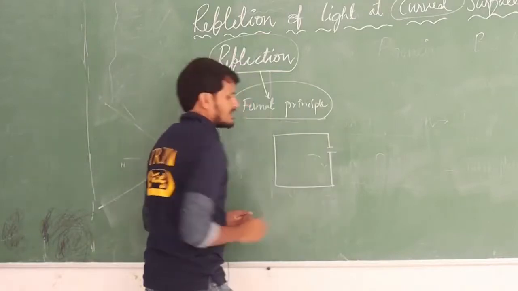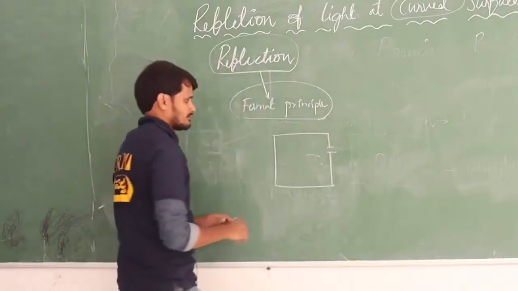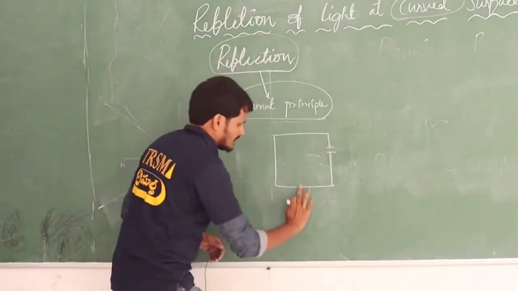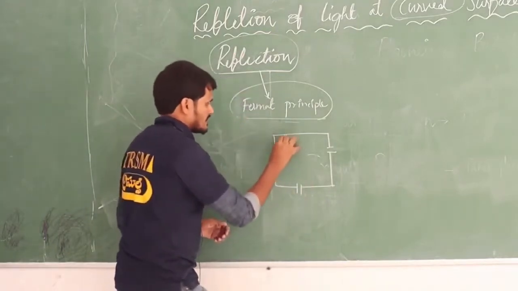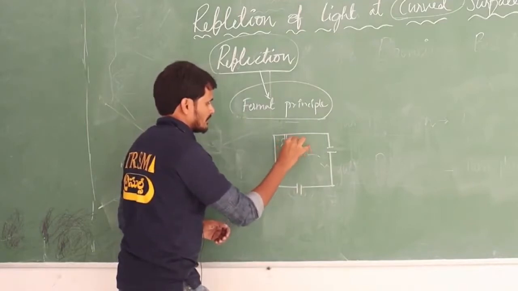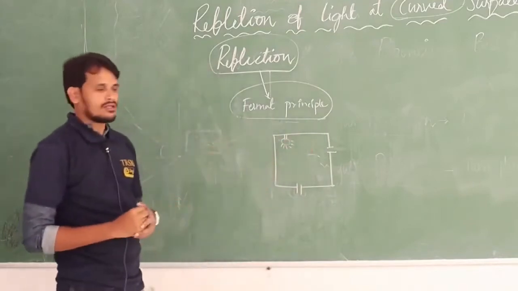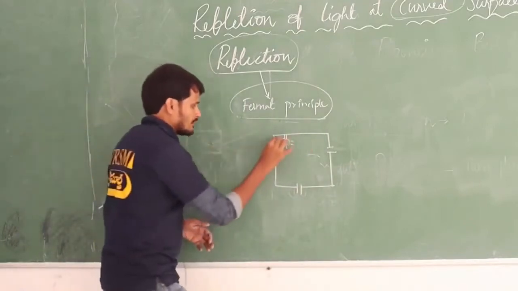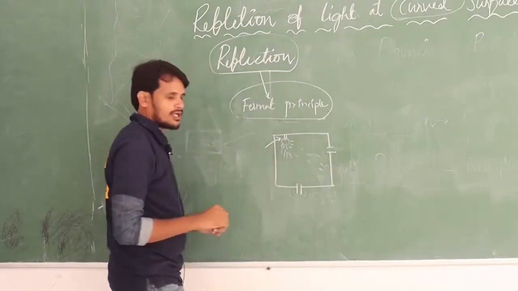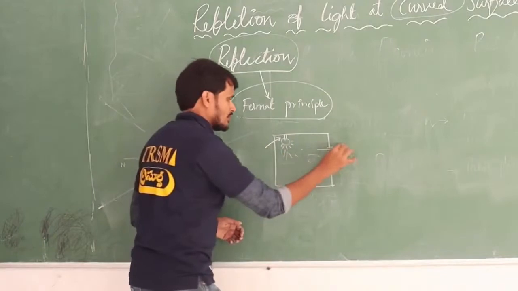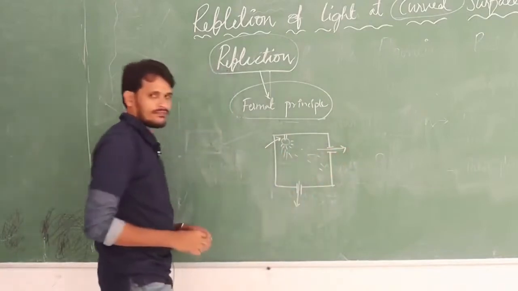I mean two exits are there, two openings are there. One is here, another one is this side. Now, one light source is arranged here, one light bulb is over there. When we switch on the bulb, that light spreads over the water room, but now this light wants to escape outside like this.